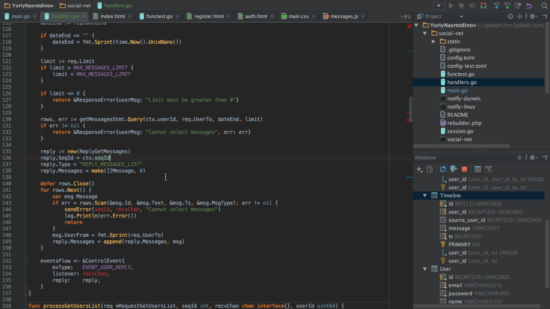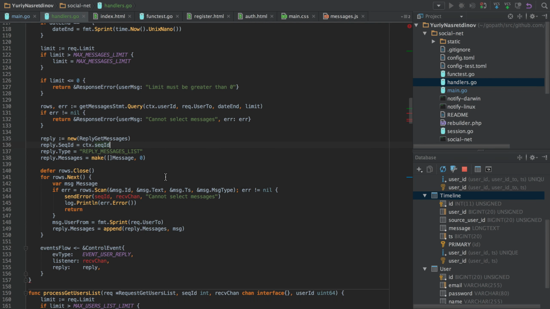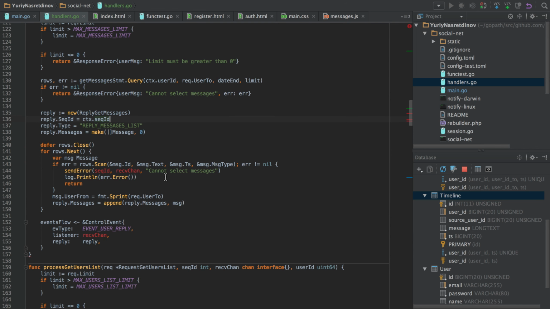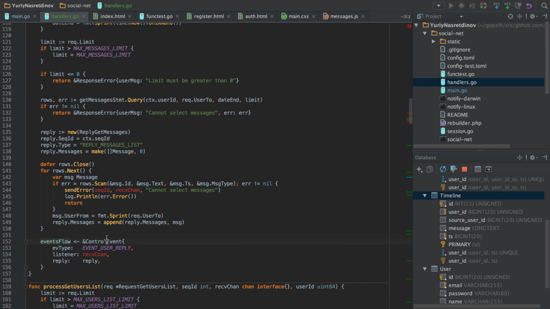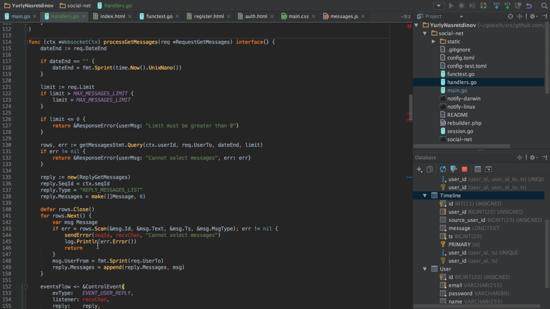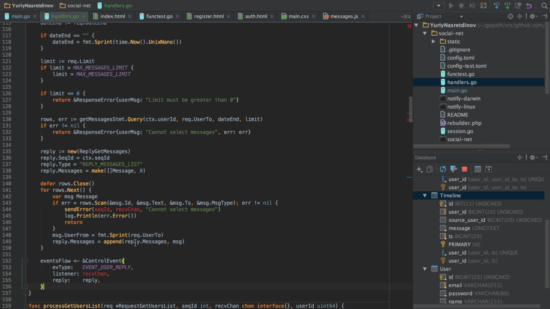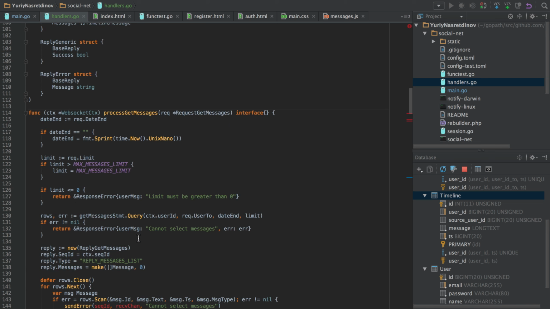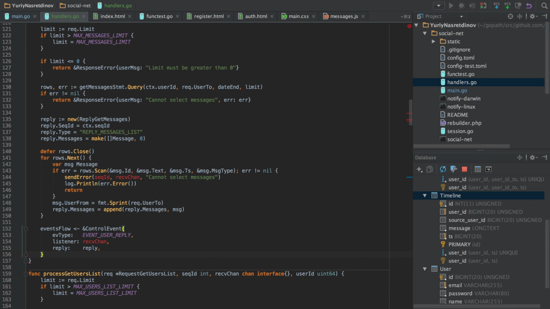So it's only one place in reply itself where we use the sequence ID and reply type, and we don't need this event flow communication. We just return the reply and that's it.